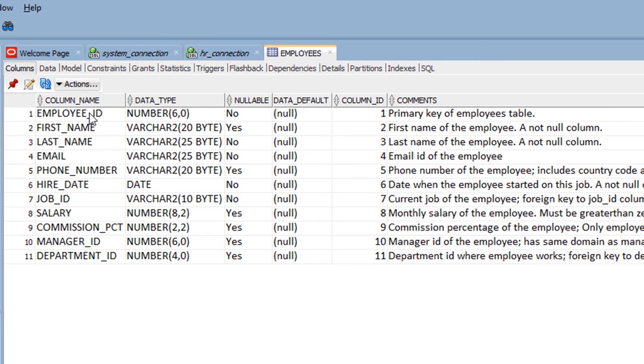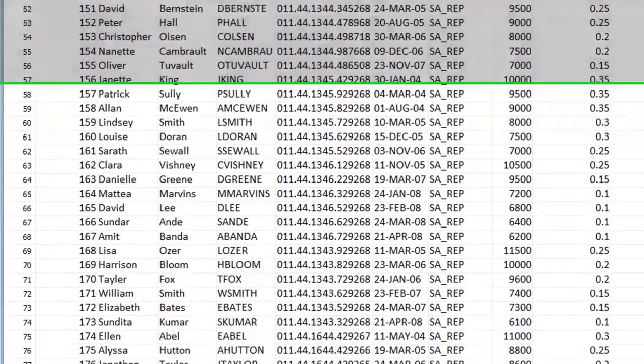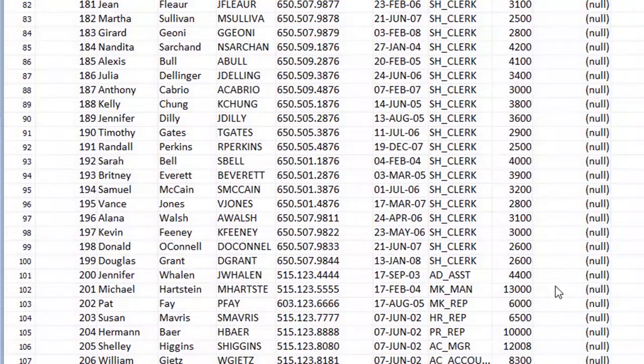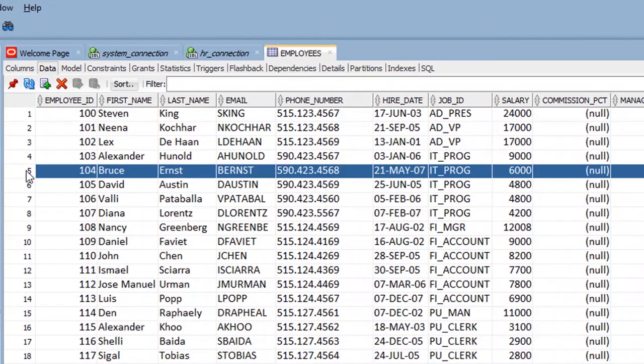The employees table contains 11 columns: employee ID, first name, last name, email, phone number, and so on. To view the contents of the employees table, you can go to the second tab here, Data, and here we go. The table contains, as we can see, 107 records. So for example, this is a record or a row that represents information about employee number 104,